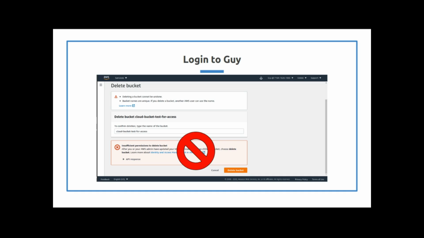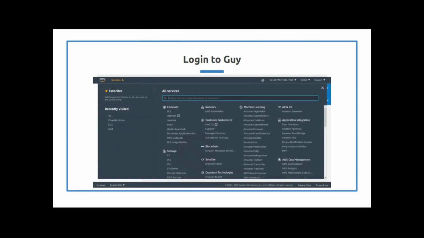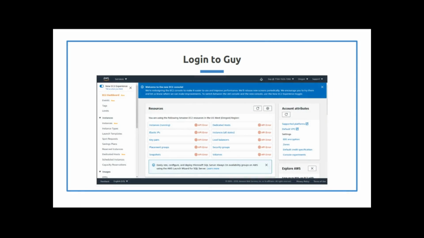And look at that. It gives you an error. You're not allowed to do that. You are able to see it, but you're not able to do certain things. So that's just an example of read-only access at work. Here, with Guy, let's see what happens when we look at the EC2. We know what EC2 looks like. We know it's running because we were just on there with Sandeep. But when you try to get into the EC2 part, it gives you all these API errors because it's not connected on the back end.